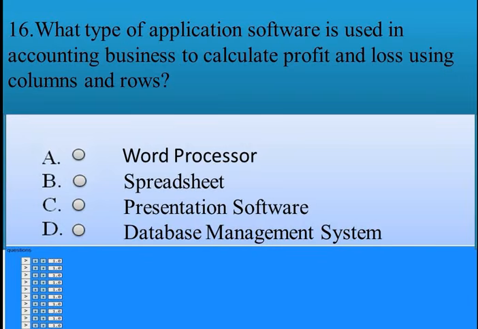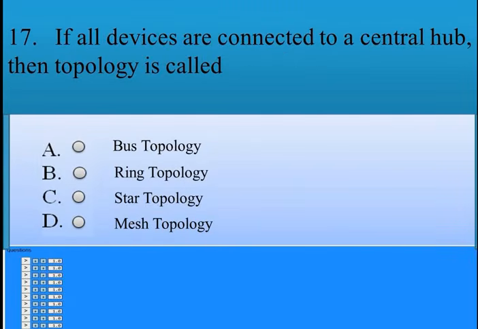Spreadsheet. C. Presentation software. D. Database management system. The correct answer is B. Spreadsheet. Question number 70. If all devices are connected to a central hub, then the topology is called